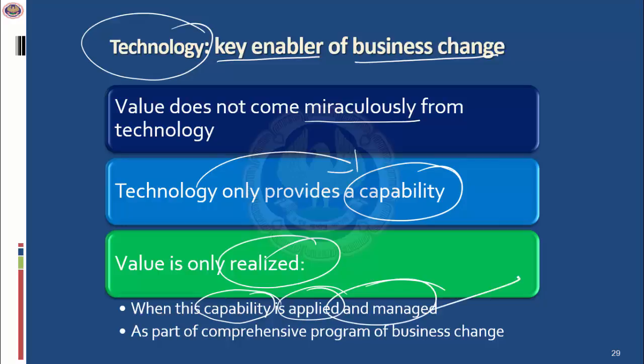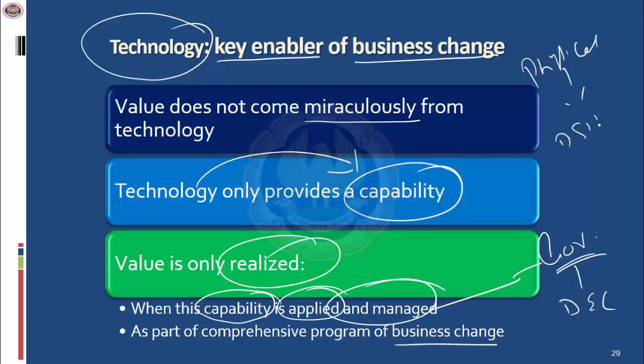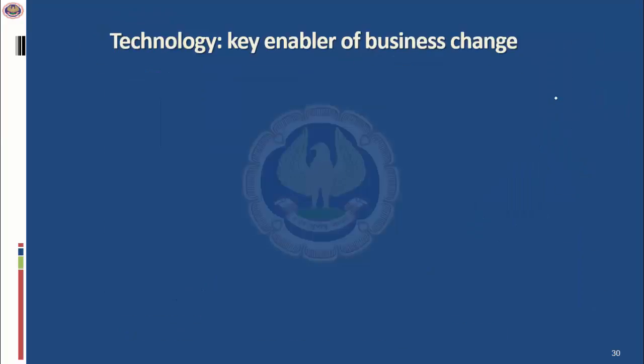How do you ensure this is applied and managed? This is what is done by governance, by providing direction and control. So this is the program for a business change. For example, an enterprise which is into physical commerce wants to move into the digital world and provide all its products and commodities in the digital world. This requires a basic business change, a fundamental change in their approach. In that case, they need to look at the enterprise objectives of implementing this digital technology, and based on that they need to ensure that they have the right processes, systems, and procedures in place.